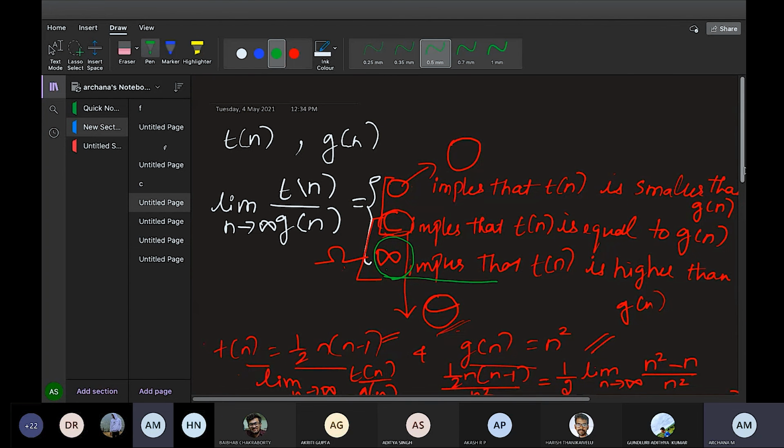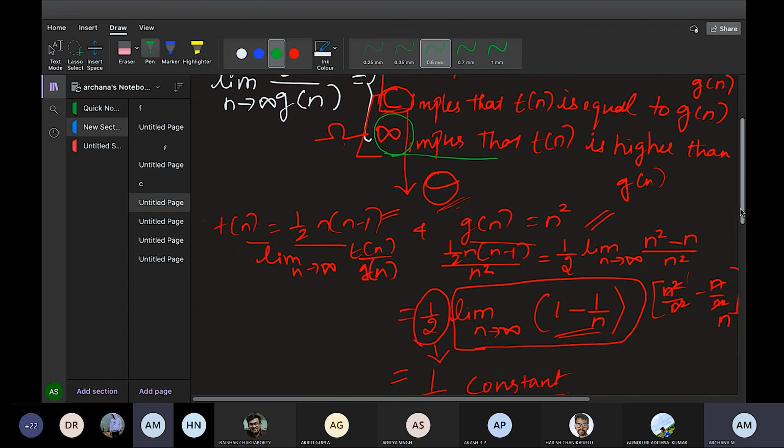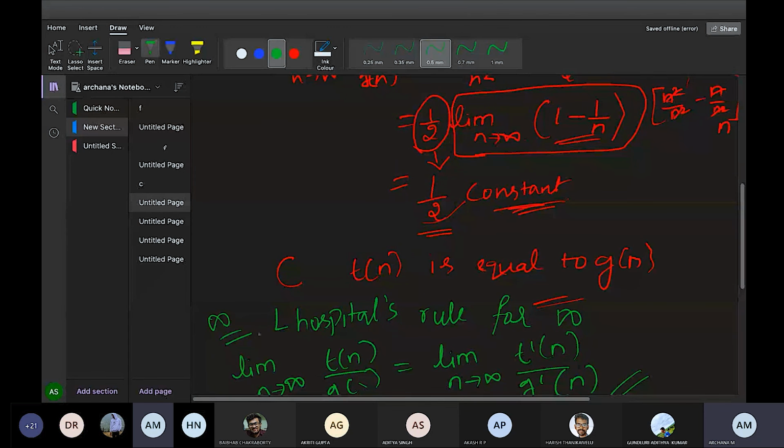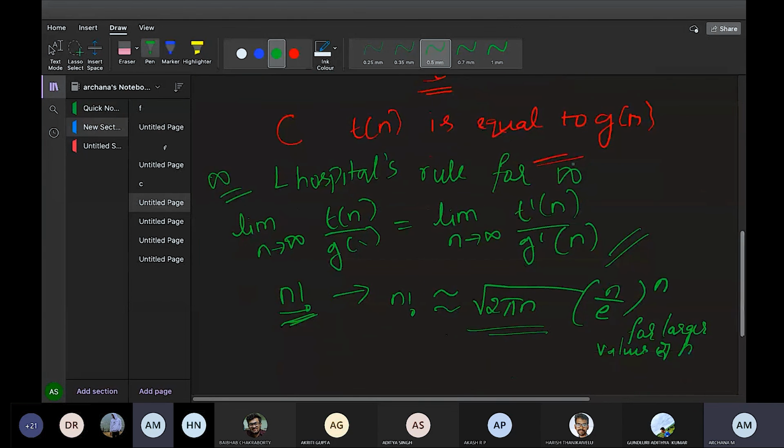After this, directly you come to this. I gave you an example. After infinity, when there is an infinity problem, you people have to use L'Hospital's rule. For infinity, write this and write the formula. If it is for n factorial, you can use this and write this, that's all. That is a proof for the second property.